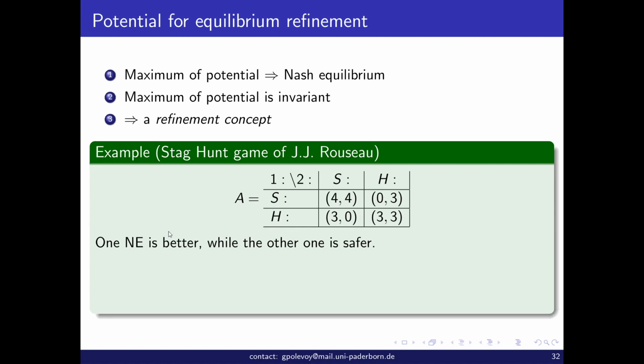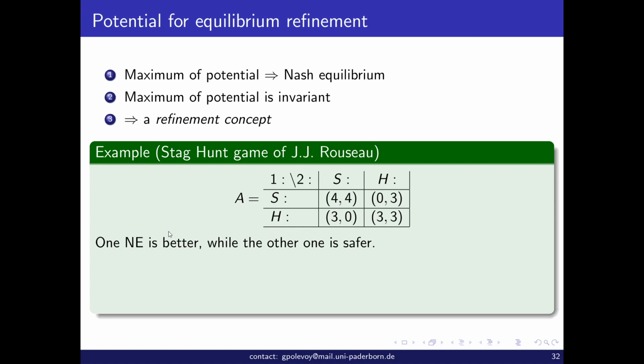So it's a refinement concept. Of course, when there is a set of points which maximize the potential. And let us look at an example which also involves a very famous game. So first let's look at a very classical game, called Stag Hunt, which Rousseau apparently, at least